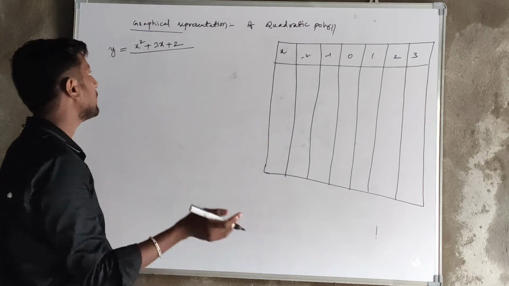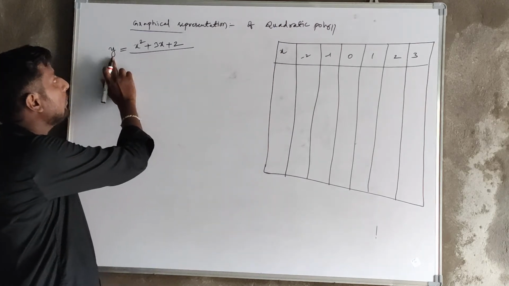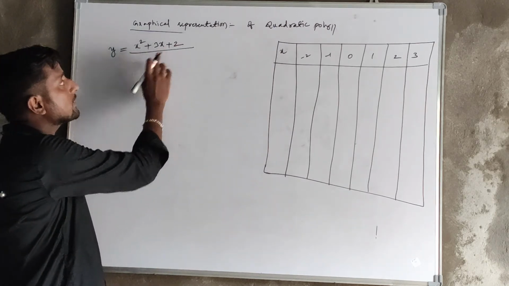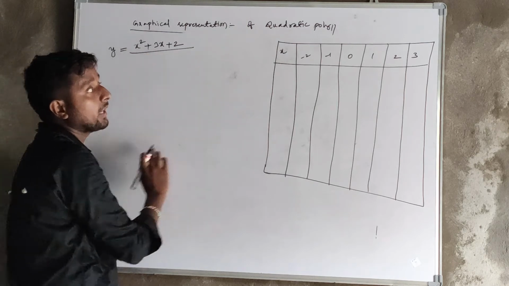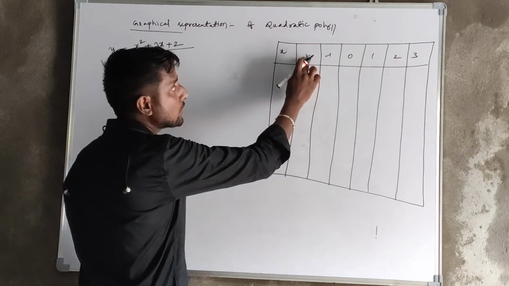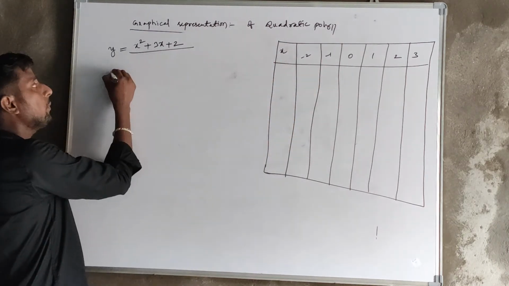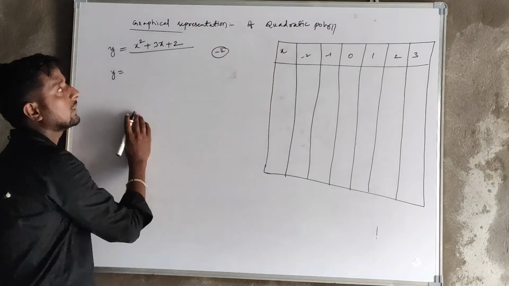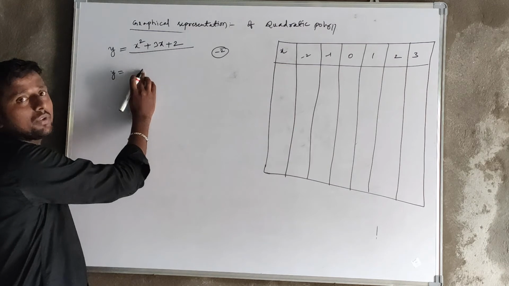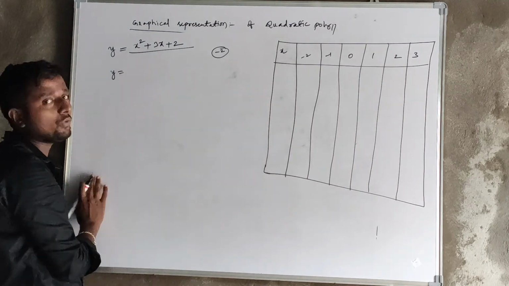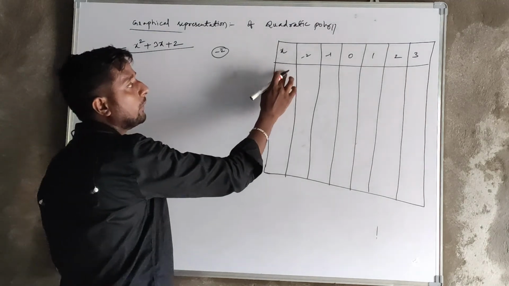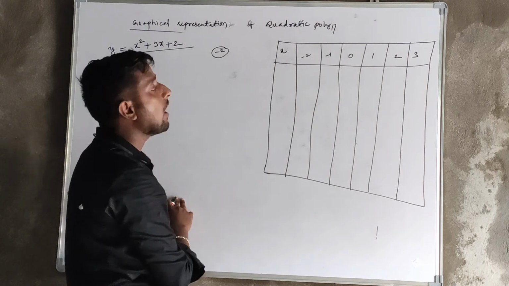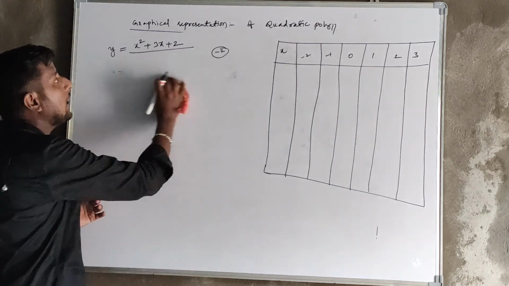So here I'll say one of the methods. I said already y is equal to x square plus 3x plus 2. Now here already we have taken x value minus 2. So some of the people will do y is equals to, now we are talking about minus 2. Yes, the people will substitute minus 2 in the equation and they'll find the value of y and they'll write directly here. Correct? Now instead of that, I'll tell you one more.